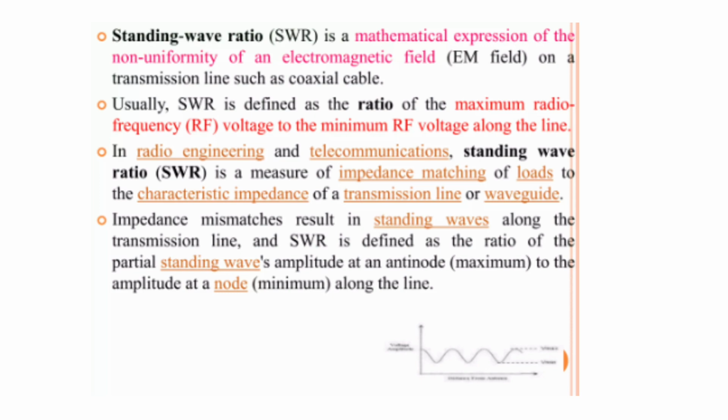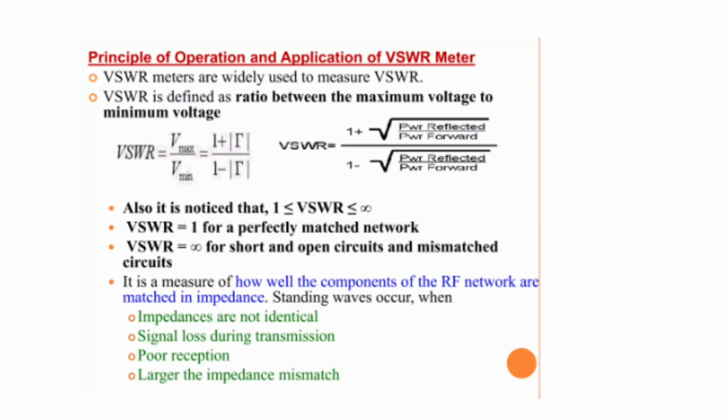Impedance mismatches result in standing waves along the transmission line, and SWR is defined as the ratio of the partial standing wave amplitude at an antinode maximum to the amplitude at a node minimum. The principle, operation and application of VSWR meters are widely used to measure VSWR, which is defined as the ratio between the maximum voltage to minimum voltage,